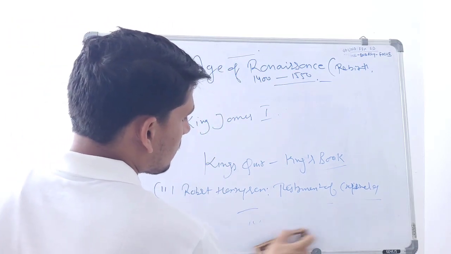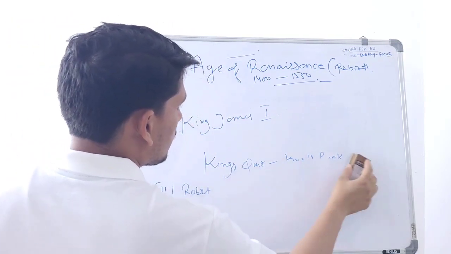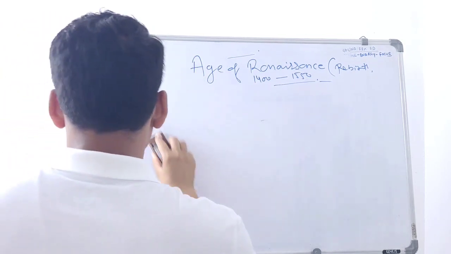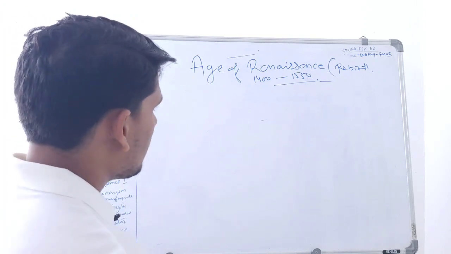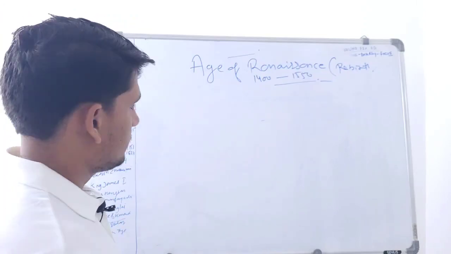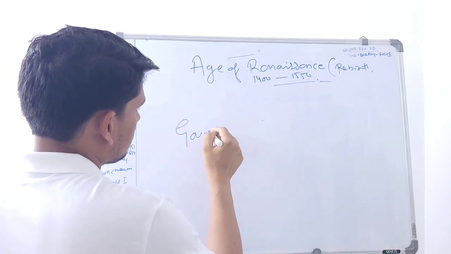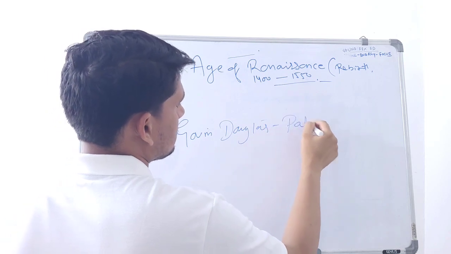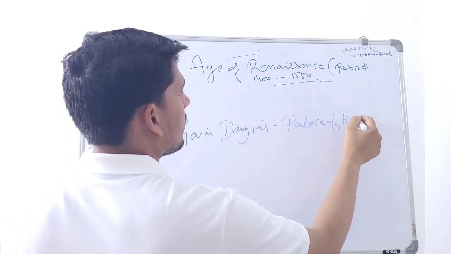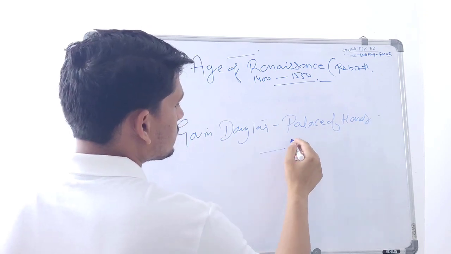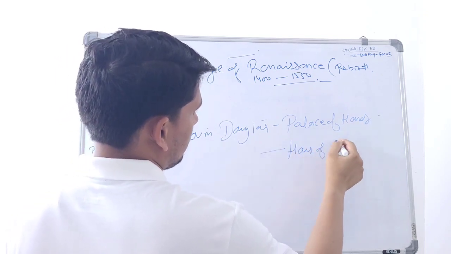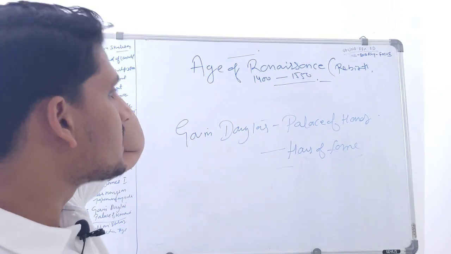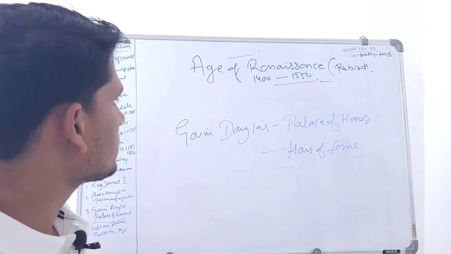Gavin Douglas wrote a work called the Palace of Honor. It was the imitation of the House of Fame, which was written by Chaucer, right? So this is a work he has written. This is one of the famous works of Gavin Douglas. He is the third